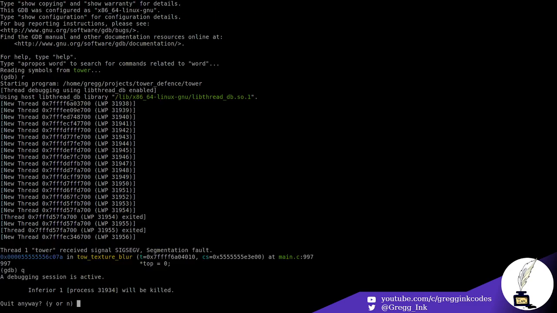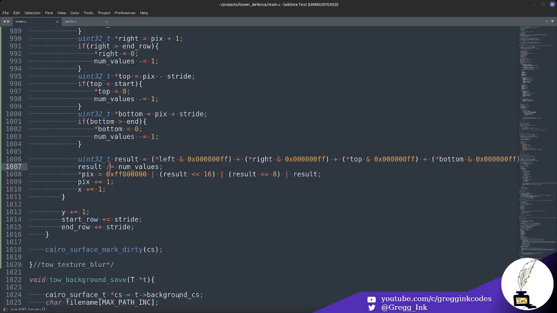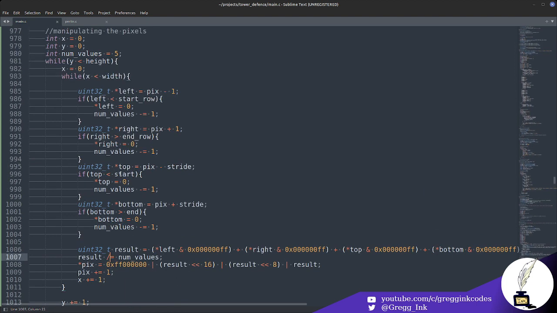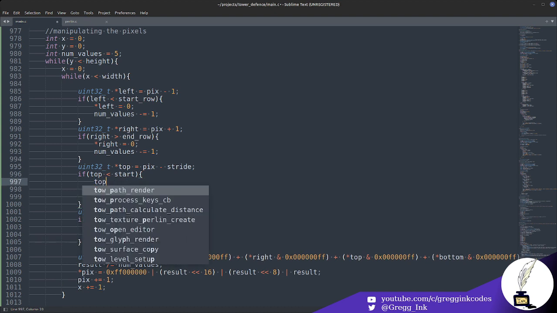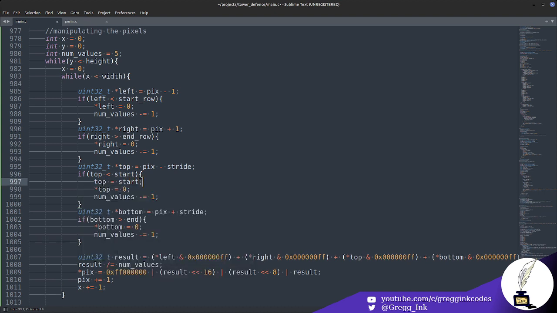Oh yeah, okay. Right, I do this minus stride. Yeah, okay, so top equals, I have to, if it's,